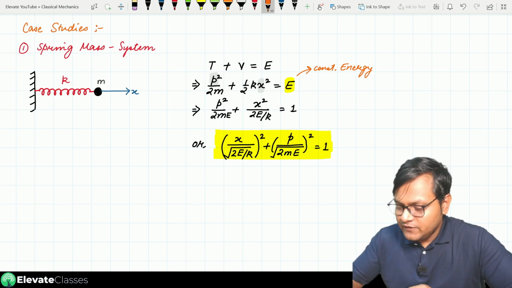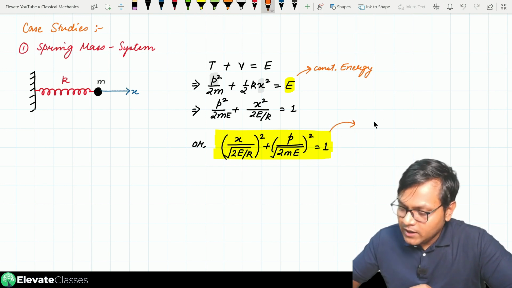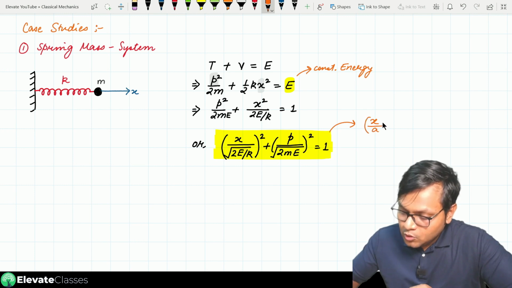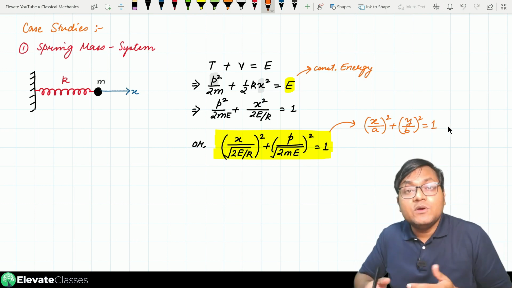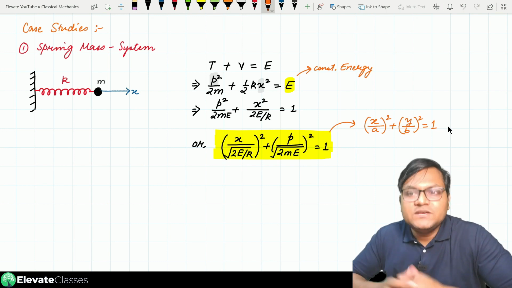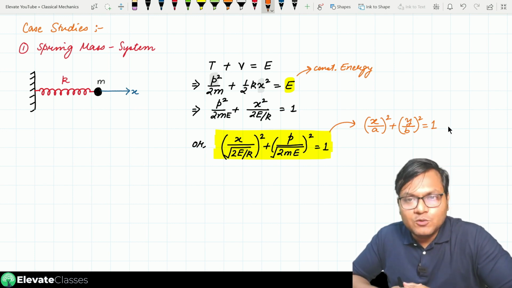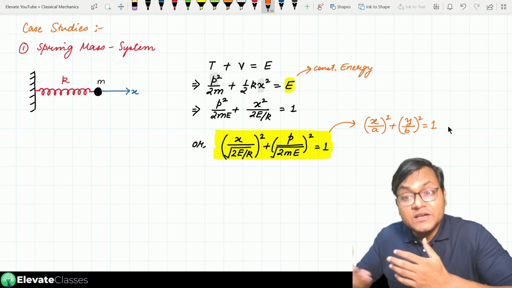It looks like what kind of an equation? So I will give you an example. Let's suppose x upon a whole square plus y upon b whole square is equal to 1. Then this is the equation of what? This is the equation of an ellipse. It's a very standard equation of an ellipse which is centered around 0, 0, having semi major axis a and